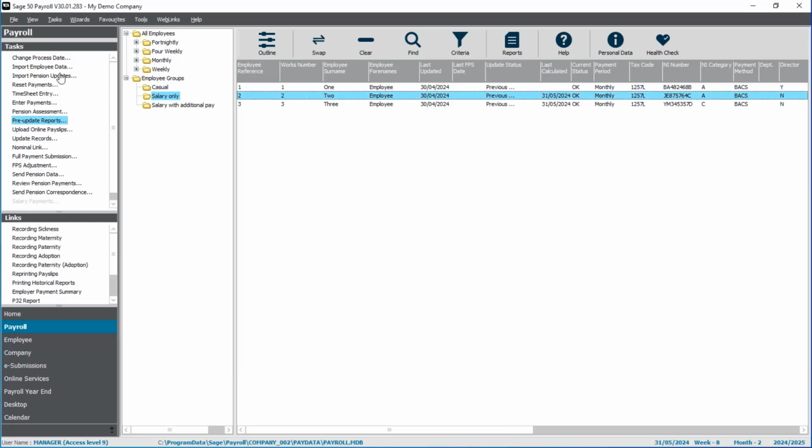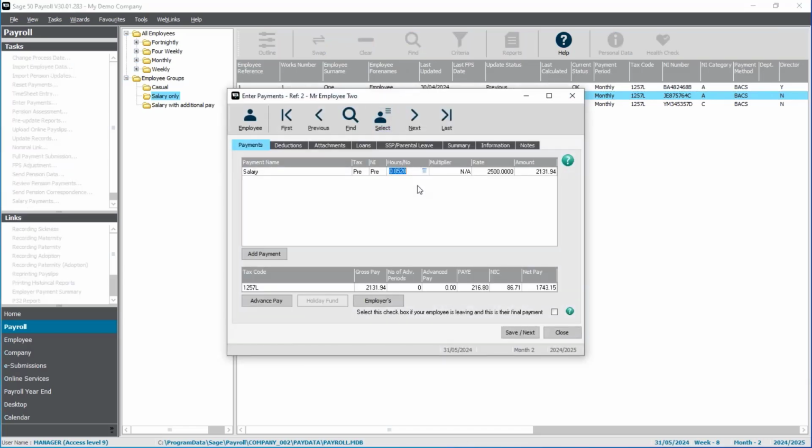Second employee was coming out with less than what they were paid last period. So I'm going to go into the enter payment screen for this one. And you might have noticed this earlier, but the hours or number value has been reduced in this case, so that the employee's salary has also been reduced. And the reason for this